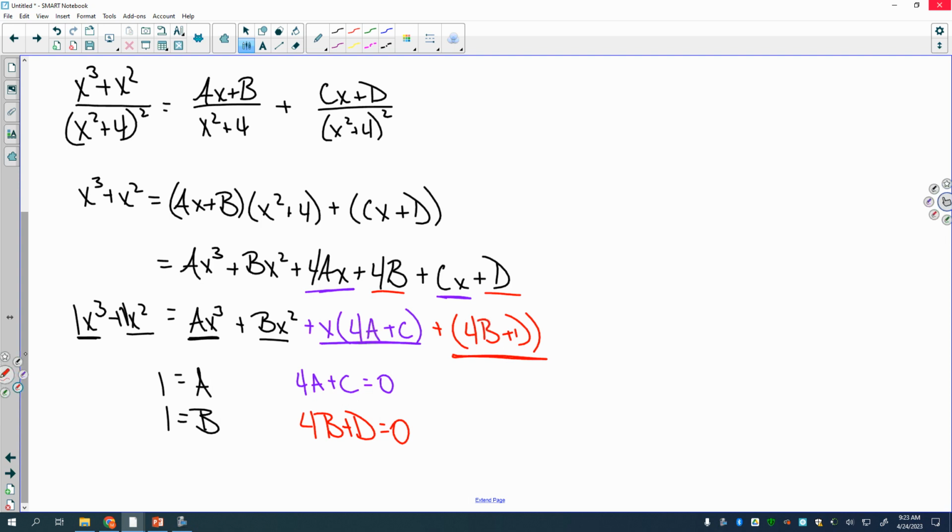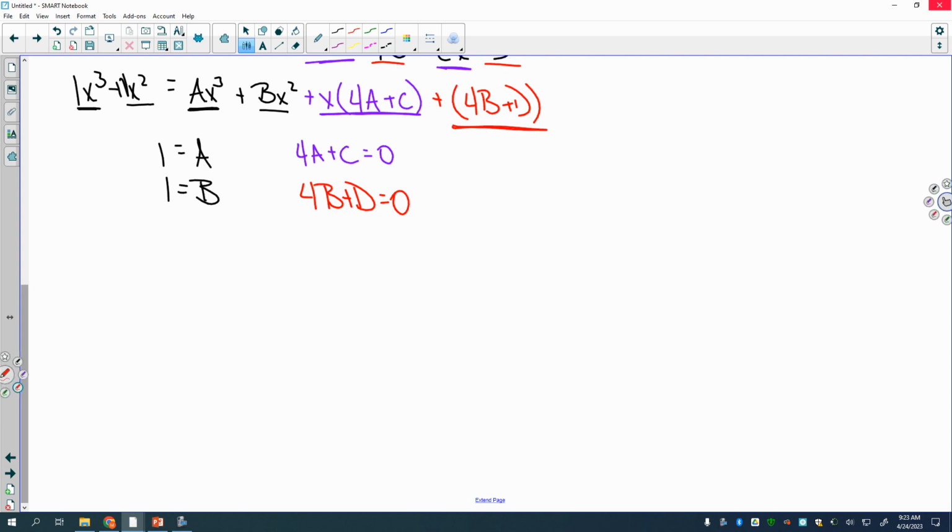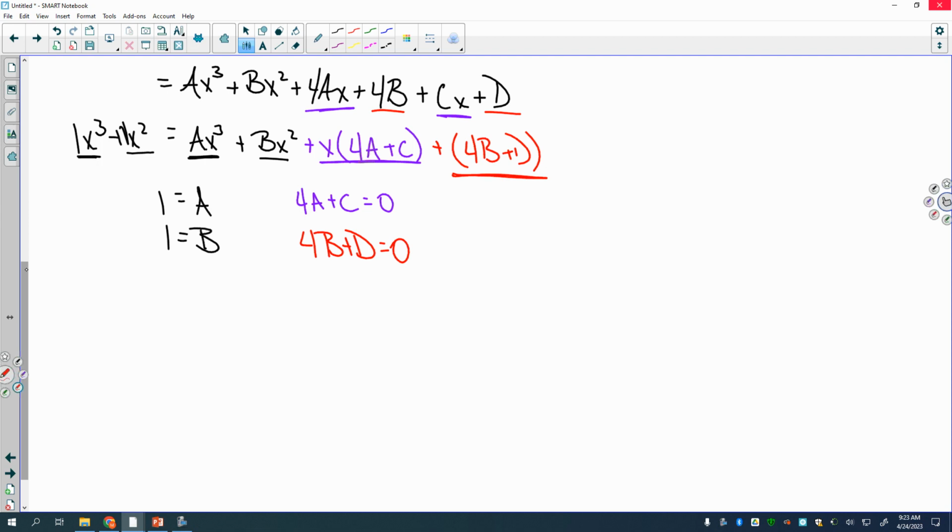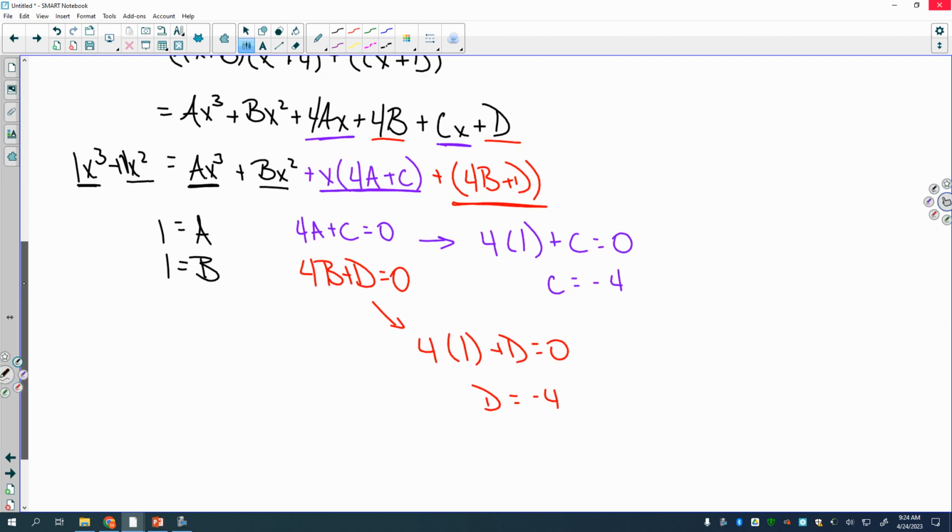And now, knowing a couple of things, it looks a little bit rough because these two, the purple and the red, they both have different letters in them, but I know that a is 1, so 4 times 1 plus c is equal to 0, meaning c equals -4. Here, 4 times b, well, b is 1, plus d is equal to 0, so d has to equal -4. I plug in what I know, solve for what I don't, and I get these values, and then I can rewrite my answer